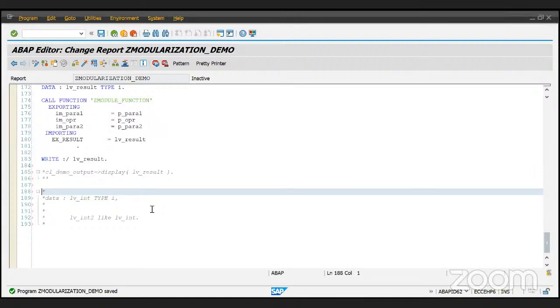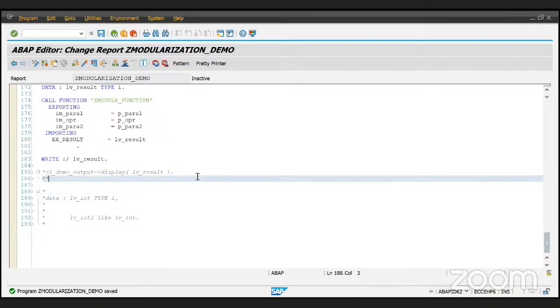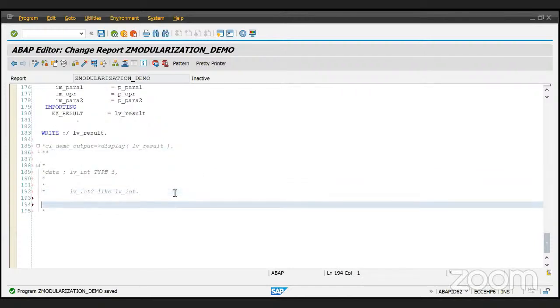Okay, Sairam, you had one question at the start of the class. Let me read it out. Sir, what is the difference between a function module and a BAPI? You can answer when you want. Okay, so the difference between a function module and BAPI. Why do we have BAPI actually? BAPI and function module both behave in the same way. If I go to the pattern section here,